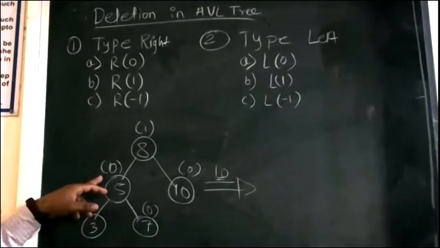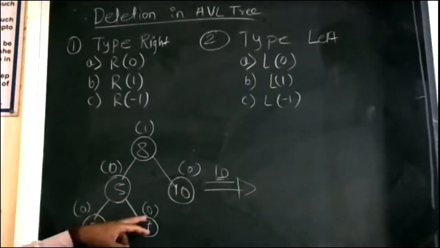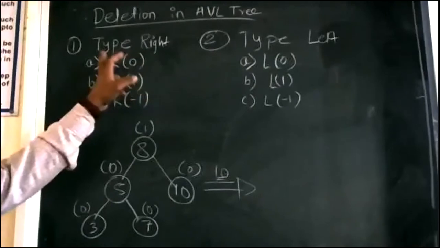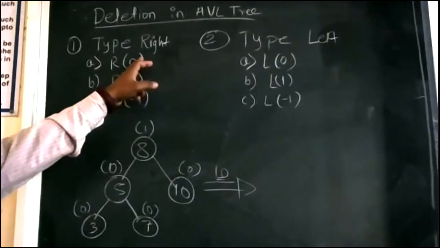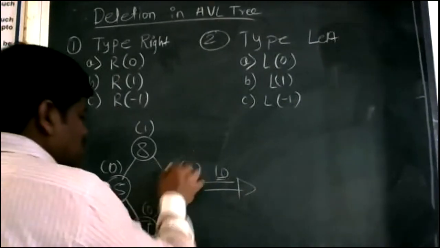Now here the balance factor is 0 for every leaf node, right? So here 0, 0, 0, 0. So this will come under the R0 type, right? Now 10 will be deleted. So how will it be deleted? After deleting this 10,